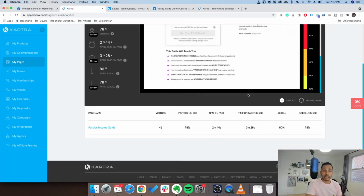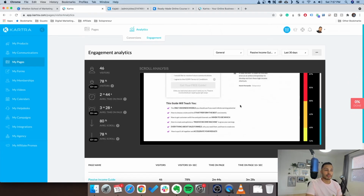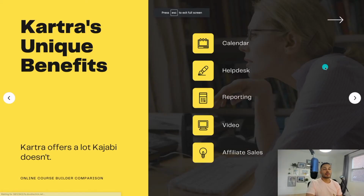You even get heat maps, so you can see how your landing pages are performing. So suffice to say, the thing about Kartra is it's going to have analytics for every single page, and it's going to have analytics that tell you how all of these are integrated and how they're contributing to sales. And of course, we all know that having great data is the most critical thing to scaling your business and